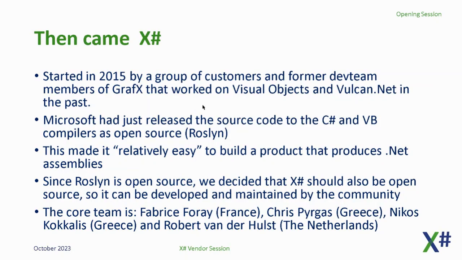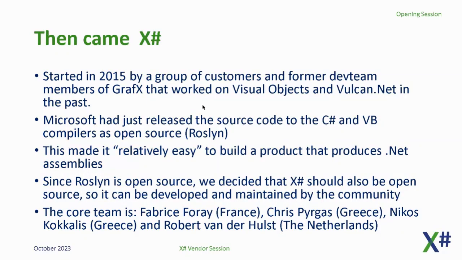We thought that moving apps to .NET would give you the chance to open up your app to the rest of the world. .NET has excellent facilities to develop for the cloud, and there are many developers in the world who understand .NET. So, of course, moving a language to .NET is not an easy task, because the first thing you need is a compiler. Our decision in 2015 was based on the fact that Microsoft had published the source code for the C# compiler on GitHub.